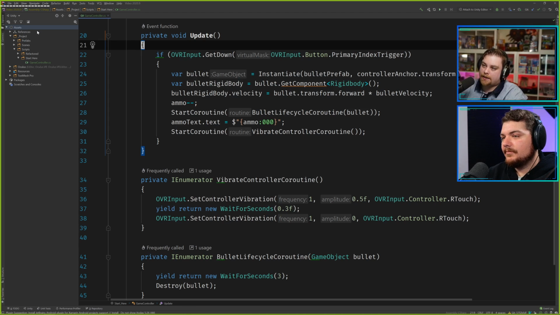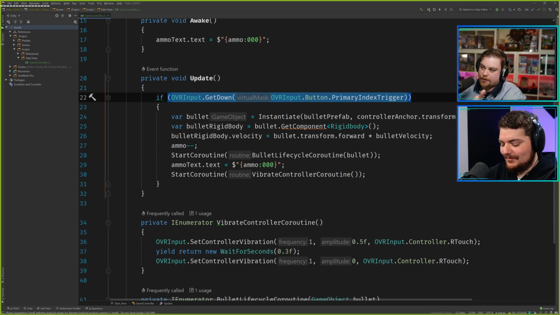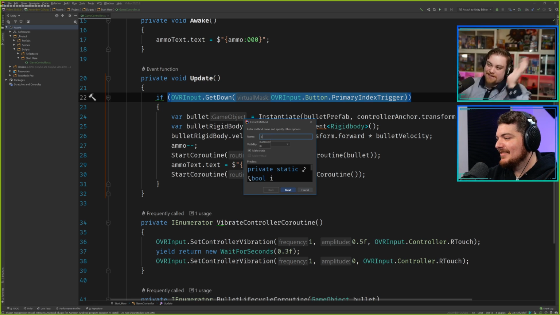And even separate from this particular question of refactoring out this entire OVR reference, I like to do that with my if statements in general. I don't like this idea on line 22 where it says if thing dot get down some other whatever. That should just be if clicked thing, if button pressed, if whatever thing, and then something else decides what that is. I think this is a good example of extracting out that feature.